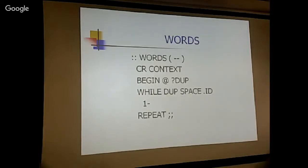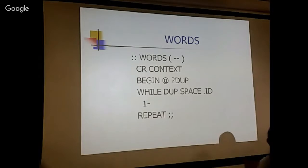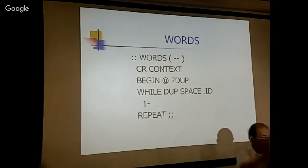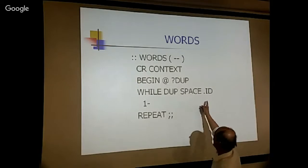So what I want to show you, as an example, is WORDS. In eForth, it first does the catch return, and the content points to the top of the dictionary, to the name field of the last instruction. So you go from the content, you fetch and see if it is 0. If it is 0, you have searched through the entire dictionary. And if it is not 0, then